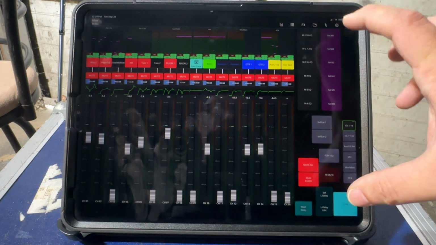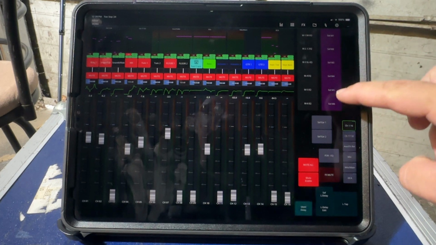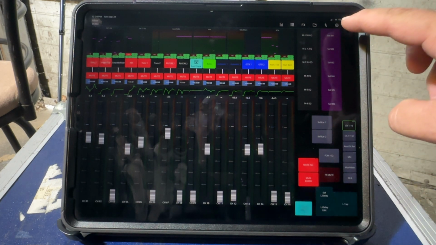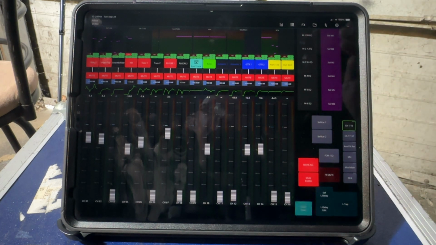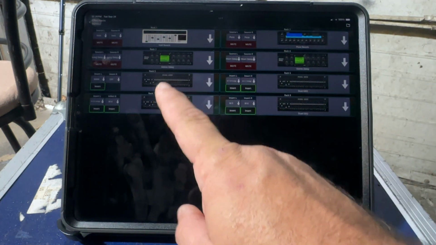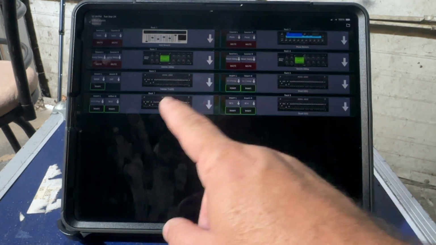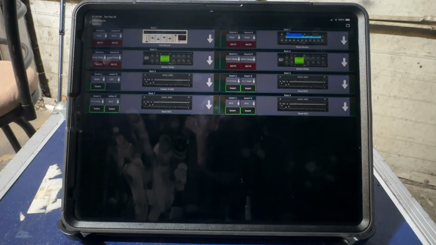So let's go through my little custom section here. Each one of these tabs is a send zone fader for monitors. So we have 6 wedge monitor setups here. Right out of the box, if you go to the effects screen, the M32 and X32 usually already have these EQs assigned to these effects